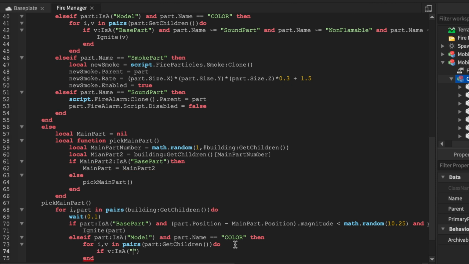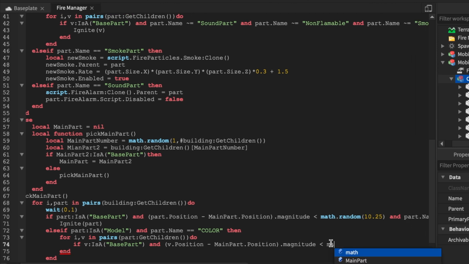V is a base part if base part in the model color. So this is like if you have the desk, you can like the desk specifically where I'm putting all caps color, and we're gonna say and parenthesis v dot position minus main part dot position. Make sure that's in parentheses. Magnitude less than math dot random, and we can say math dot random, say 10. Oh, make sure this is a comma, by the way. I almost messed up. Yep, go ahead, I caught that. So it's 10 comma 25 for both of them. And then we say then ignite